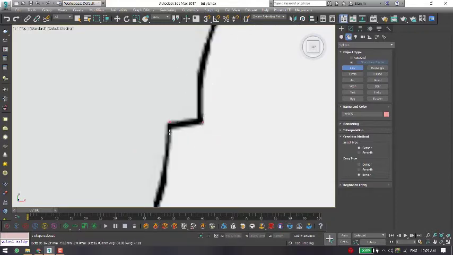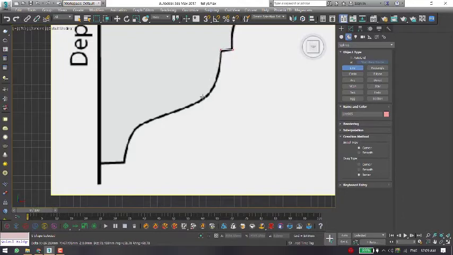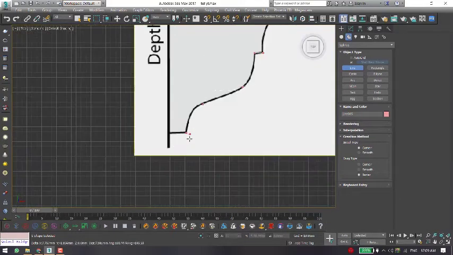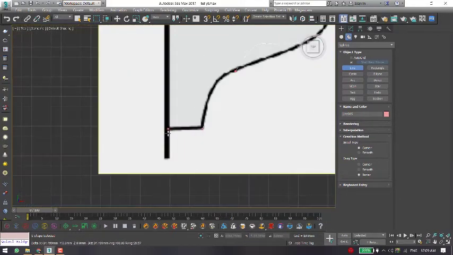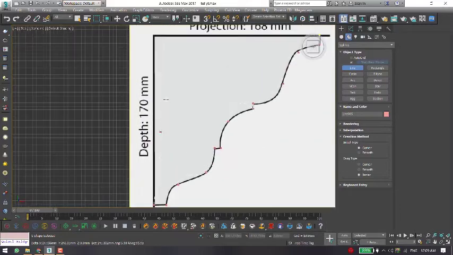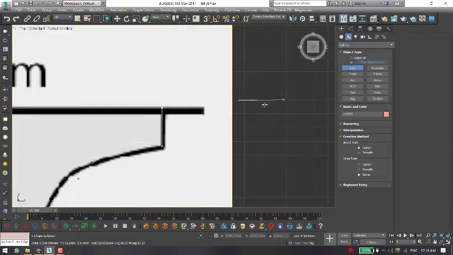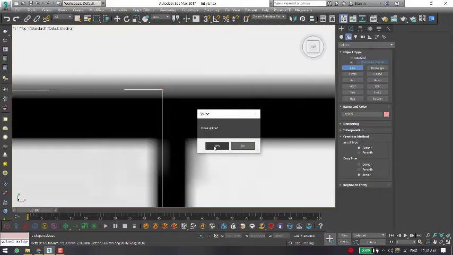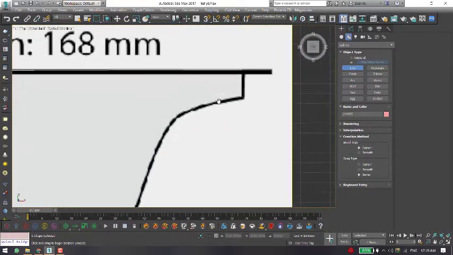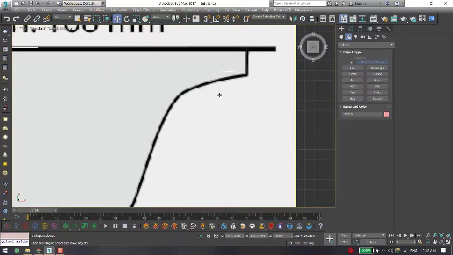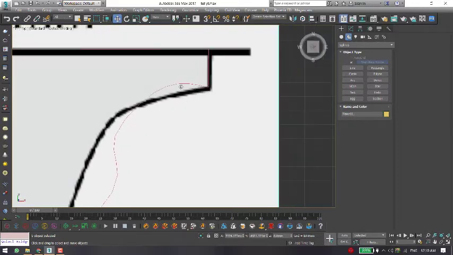Again a sharp line, again a straight line, then click and drag again. Then same process, click and drag again here and press shift again and draw a straight line. Press shift, draw a straight line again, and finally we are going to join this line here and press yes, close spline, yes. After that we are going to adjust our spline because it's not in a proper way.